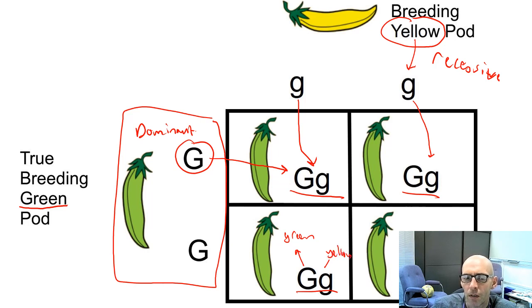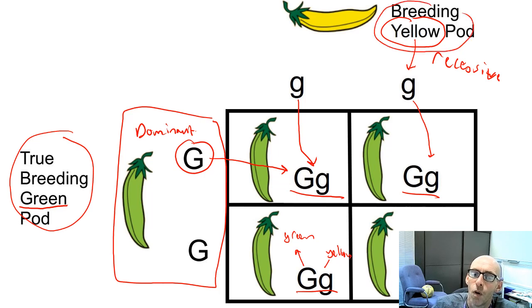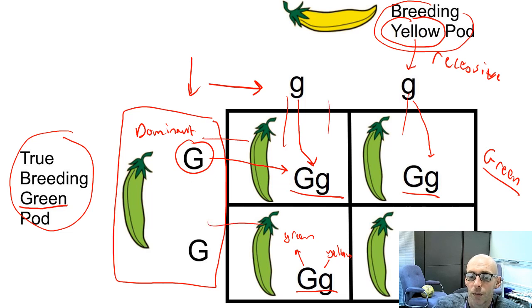So what would they look like? Well, that would say that if you took a green parent and a yellow parent, all the children end up as being green, because they all get the dominant gene. Doesn't always work out that way, but these diagrams are for you to work out. Based upon any information they give you, you can work out, as long as you know the genes of the parents here and here, you can just add up your rows and columns, and then you find the four, and there's always four possible offspring.